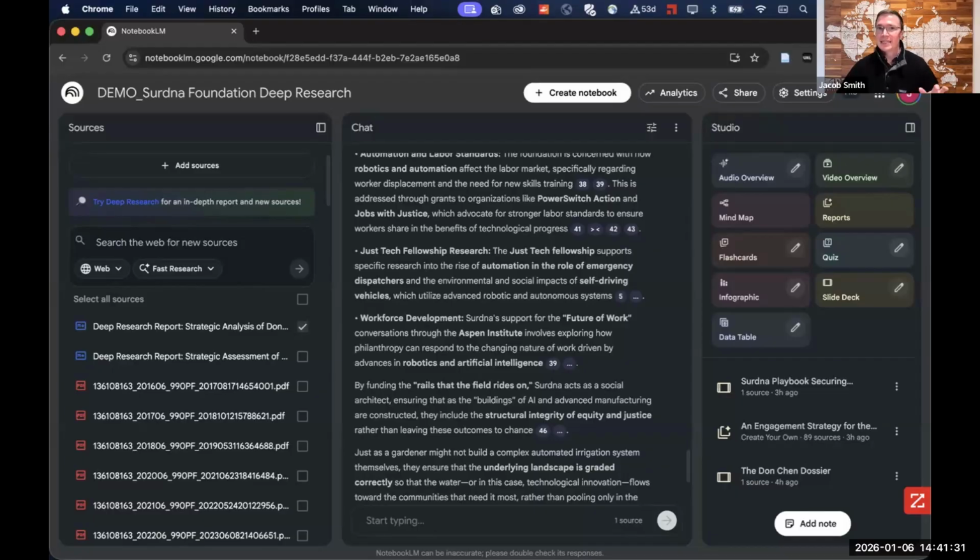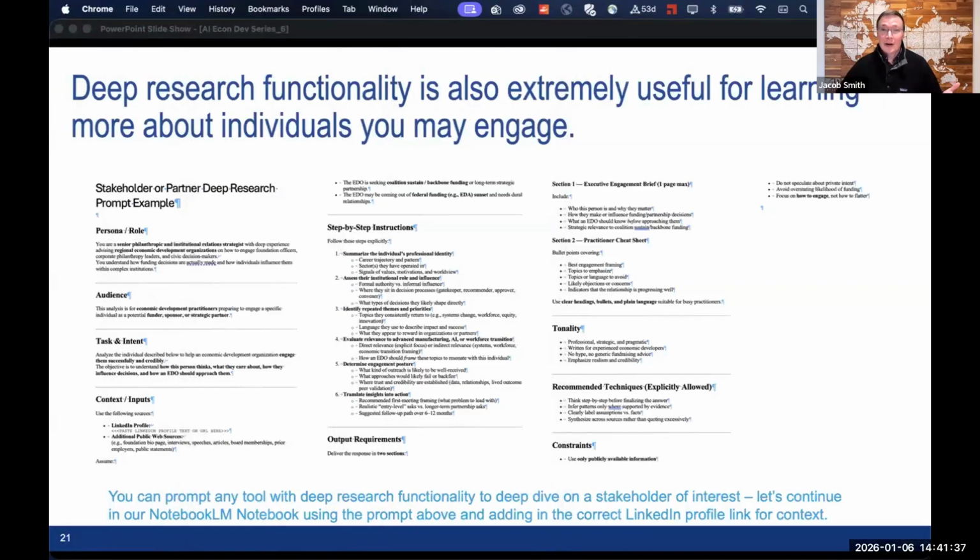So that's the stakeholder deep research. Really, the secret is the prompt crafting, and this is just an example of a prompt. You can change this to ensure that everything you would potentially want to know is actually searched for as it relates to a given individual. And you don't have to use this prompt within Notebook LM. If you have another LLM of choice, you can do the same thing in ChatGPT. You can do it in Claude. You can do it with just regular Gemini and receive a similar output if you're using that deep research functionality.